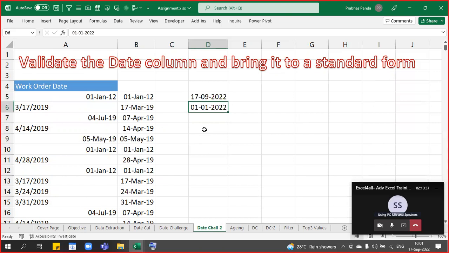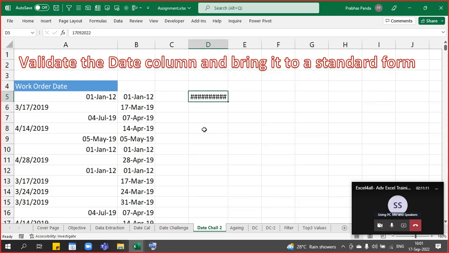There is no control because that person is deliberately typing the data in a wrong format. So what we can do to prevent these errors from happening: always ask people to just fill the numbers. Like if it is today's date, 17 September 2022, they should write 17 September 2022. Just tell them to fill this. Then automatically, tomorrow when you go for it, you can extract your data and put it in